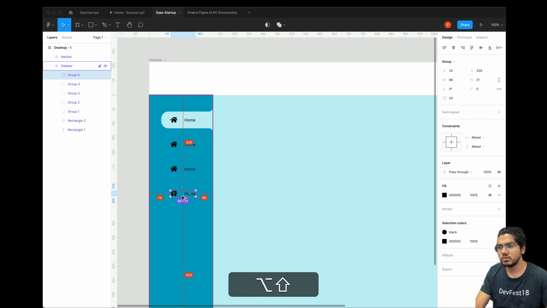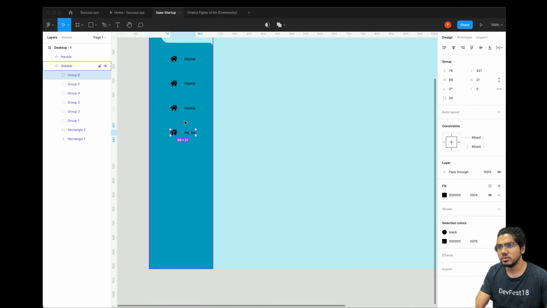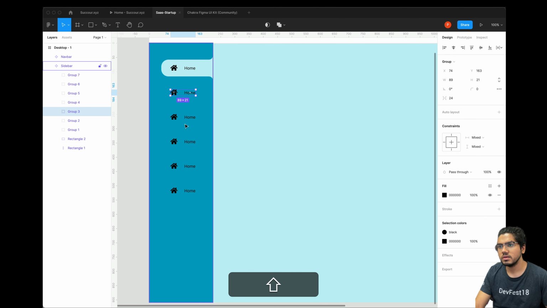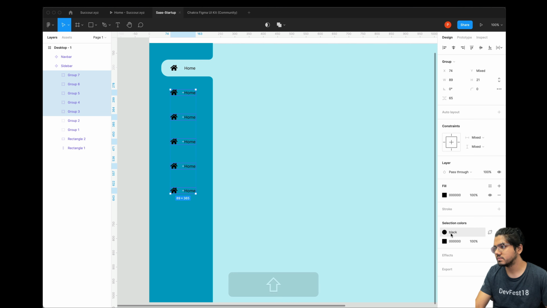You can choose whatever dimensions you feel. Use your own creative liberty to use the best for your design. Now I change the color of this to white.